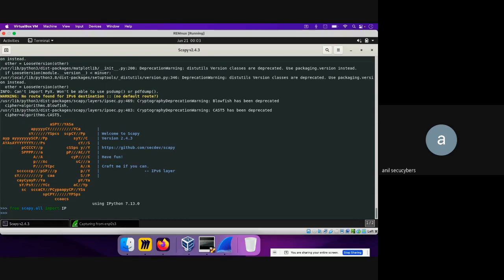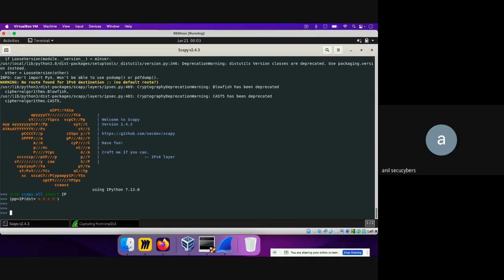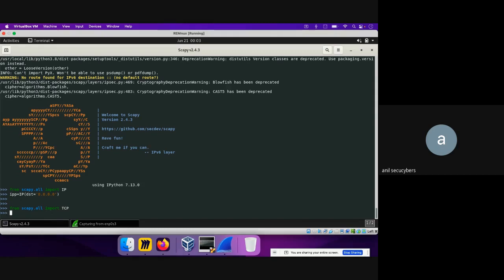And what we have done is IP packet equal to IP, and then destination was 8.8.8.8. This was done. And then from TCP, let's say TCP equal to TCP, and then what